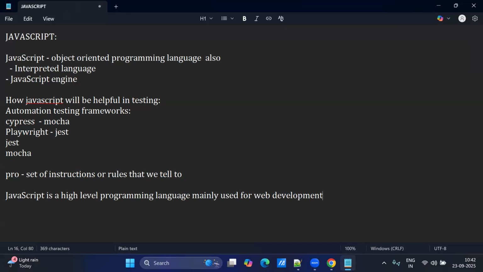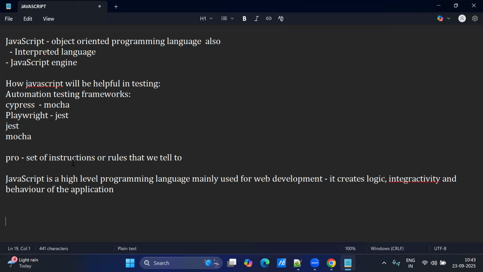Suppose it creates logic, creates interactivity and behavior of the application. So normally, when you are performing API testing, there will be a UI, there will be a code base,